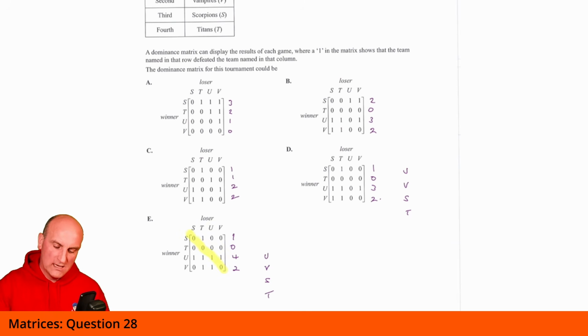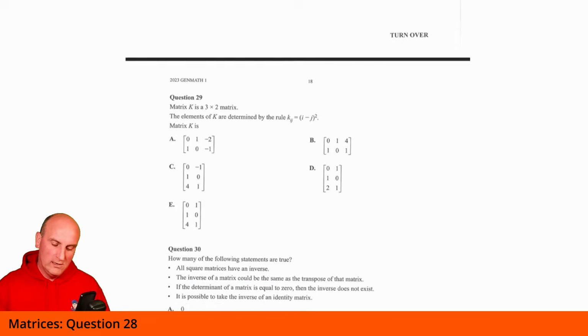What do I notice? I've got a 1 in a leading diagonal. What does that mean? It means that they played themselves. And that doesn't really make a lot of sense, does it? So the only correct answer has to be D. I'll be honest with you, I was wondering, do I have to square it? I'm not really sure. Would I square it? Again, something so innocuous as that little line really annoys me.